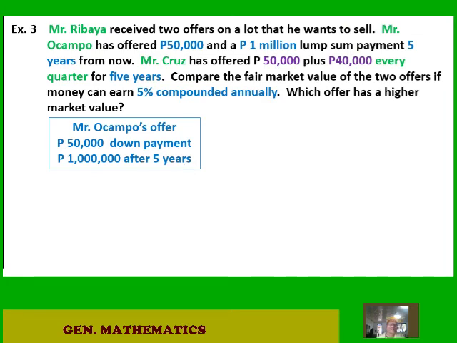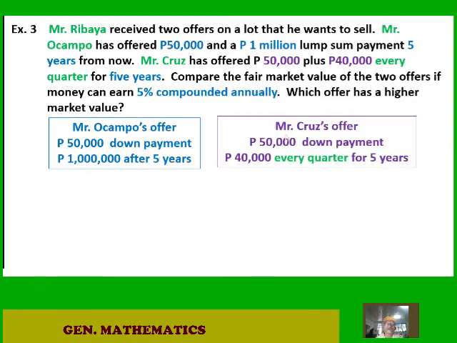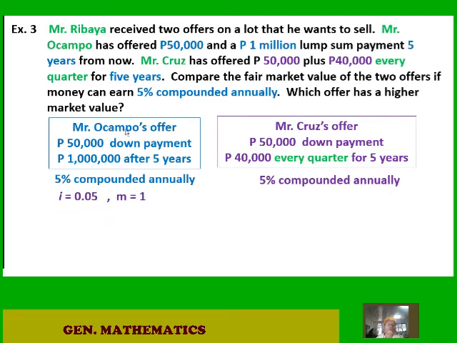Okay, we have here the given. Mr. Ocampo's offer, 50,000 down payment. Then after 5 years, a lump sum of 1 million. On the other side, Mr. Cross's offer, the same down payment, 50,000, and 40,000 every 3 months or every quarter within 5 years. Both amounts are compounded annually, 5% compounded annually. Okay, for Mr. Ocampo,